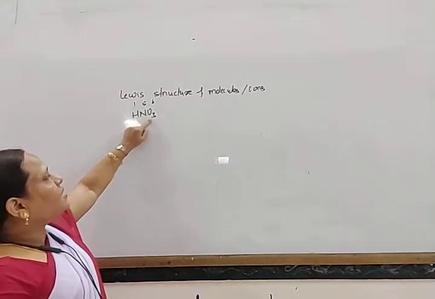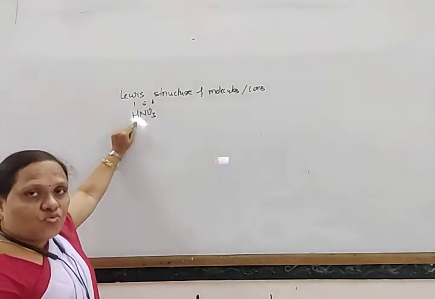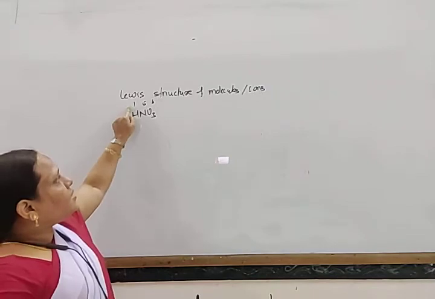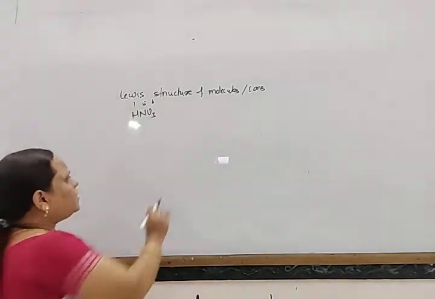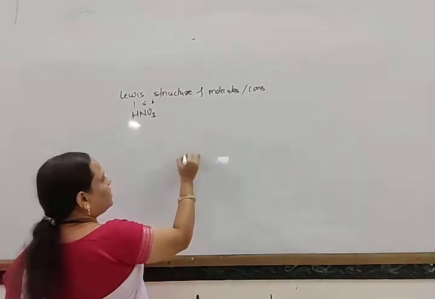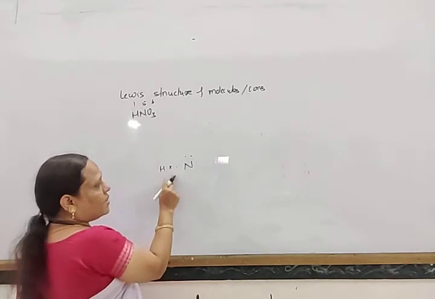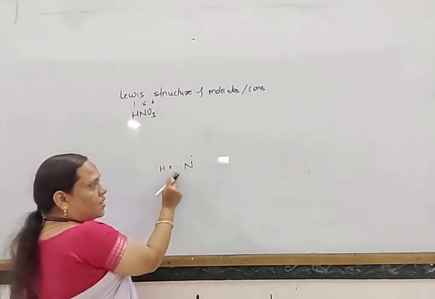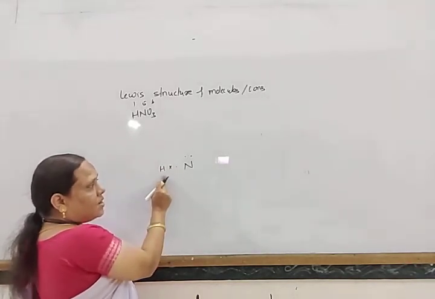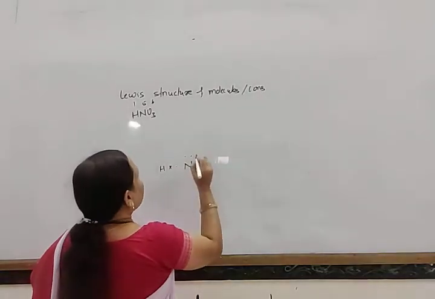Nitrogen can form 3 bonds and hydrogen can form 1 bond. These are the valence electrons. So we can write the structure of nitric acid like this. Nitrogen 1, 2, and here 1 electron of nitrogen is shared with hydrogen. So this is the H-N bond and another